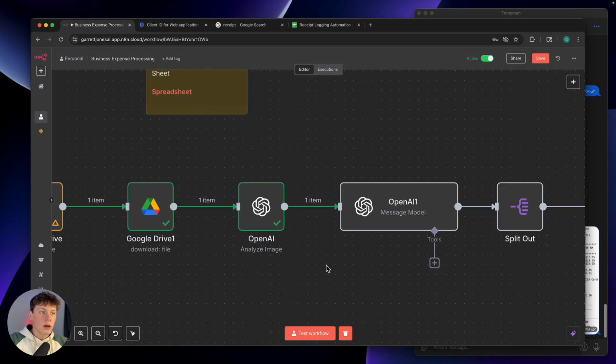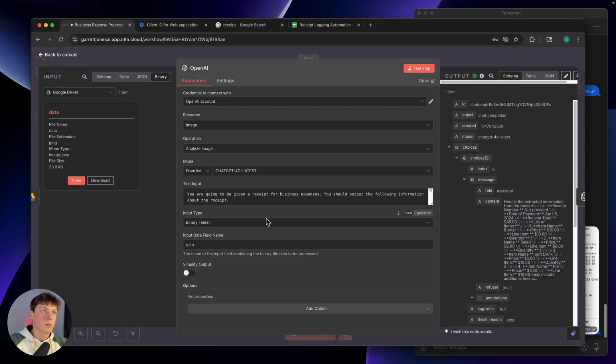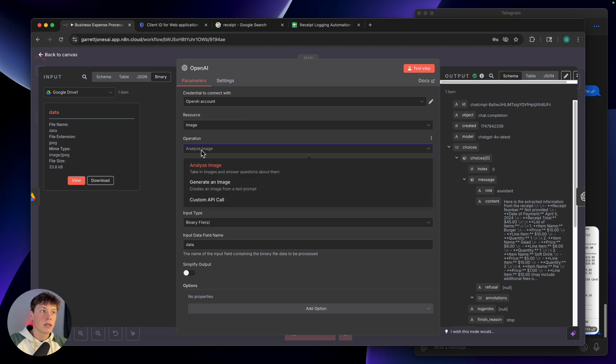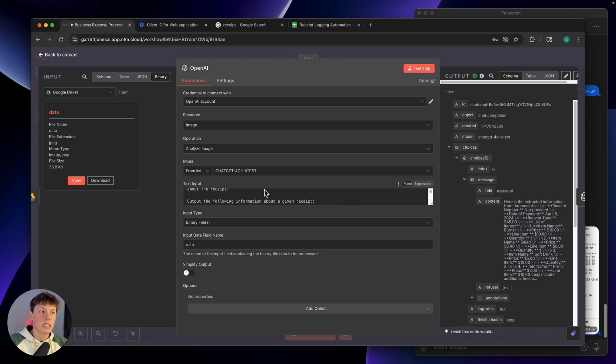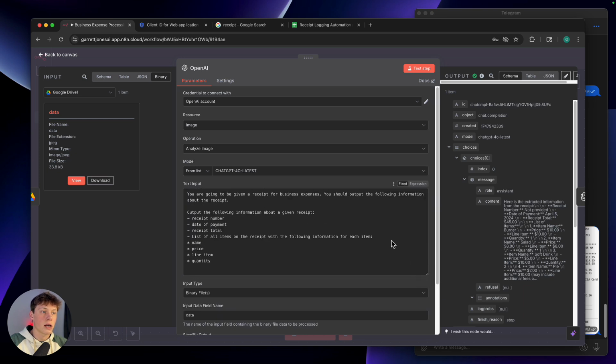So in the next step, after we have that file downloaded, we are using an OpenAI step. So OpenAI is the same company that owns ChatGPT. That's why the logos look like that. But in this step, we are taking in an image, and then what this tool can actually do is we can analyze an image. So you can see it takes in images, and then it can answer questions about that image. So it can actually read the text on the receipt,